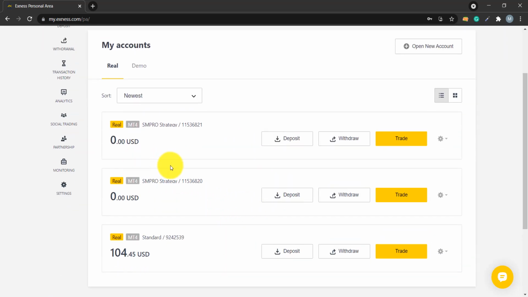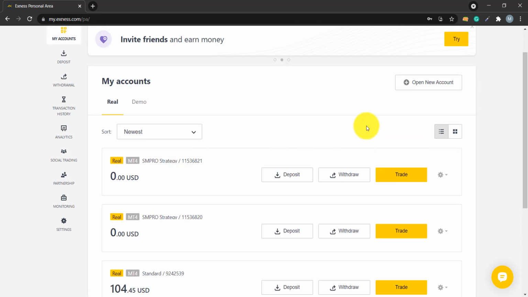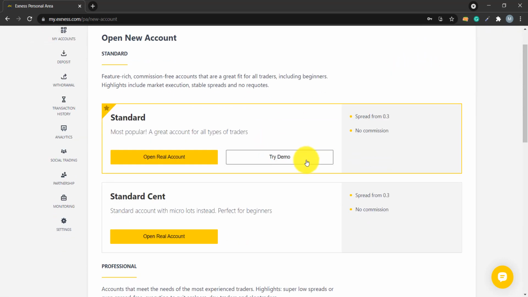After that you need to create another account. This is for MT4 or MT5. From here you simply click the new account button. After that you can select open a real account. If you need to try a demo account, you can also select the demo account available from here. Also you can open a real account, anyone you can choose. Simply click this open real account button.